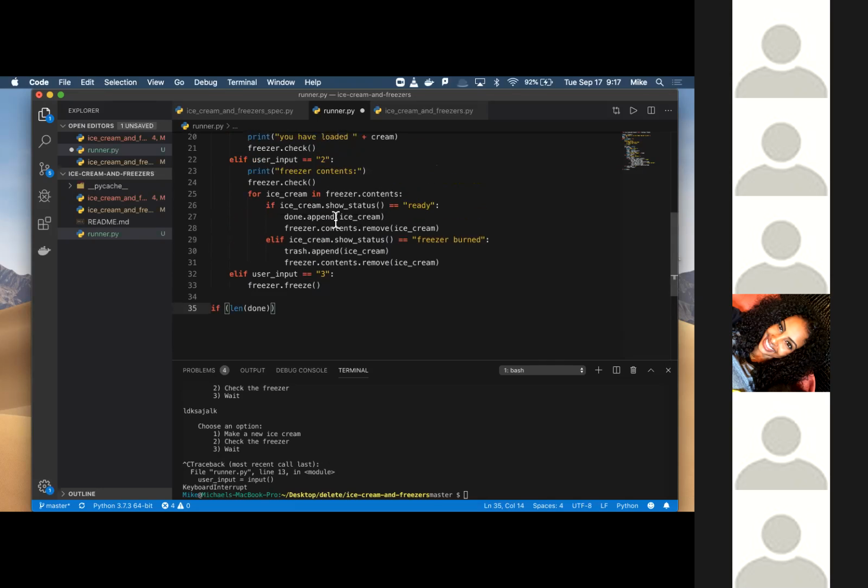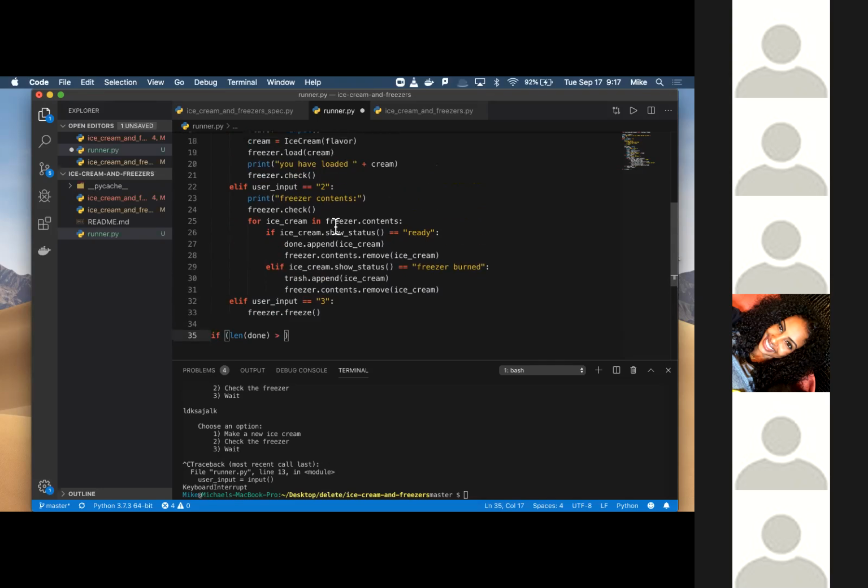Now you can compare length of done to length of trash. If you made more ice cream than you threw away, if there's a lot of freezer burn ice cream, we want you to lose the game. If there's a lot of done, you win. So if it's equal to 5